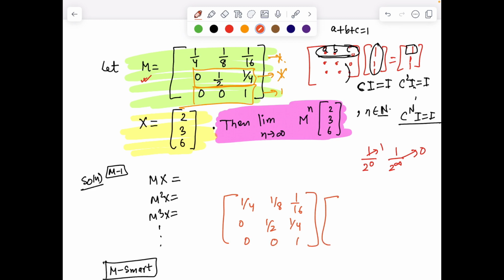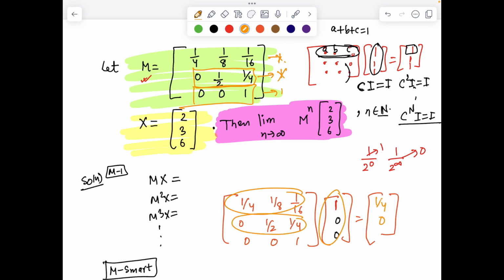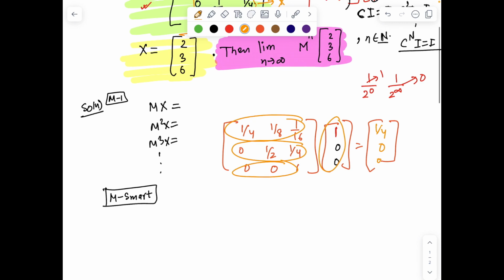And why don't you try to multiply with something which still goes into powers of 4? The reason being so that I have control over where it's going when n is large. And the best matrix that we can think of is what if I multiply with 1? So let's multiply with some column vectors like I cap 1, 0, 0. You could try with 0, 1, 0 and 0, 0, 1. That's the thought process. If I do so, this multiplied with this is going to give me 1 by 4. This with this will die, and again the third will die. So what I've seen is M times 1, 0, 0 is going to give me 1 by 4, 0, 0.